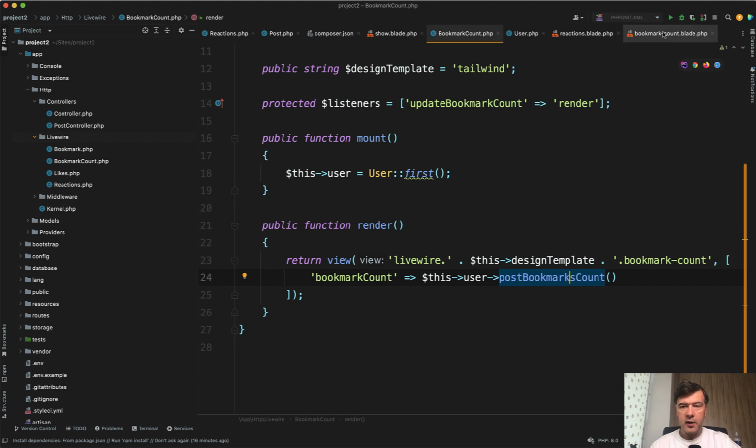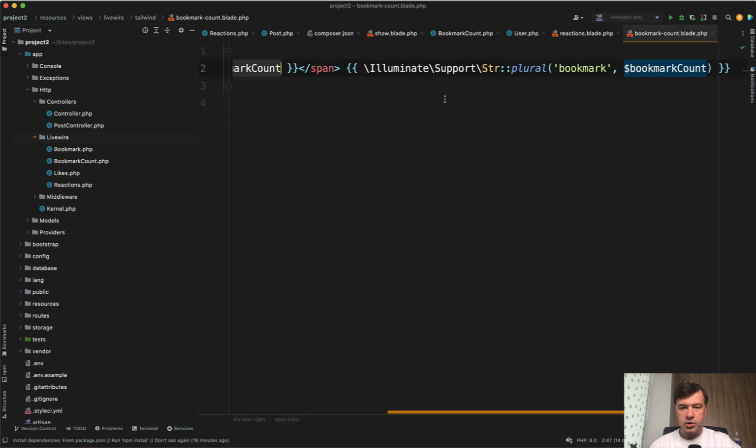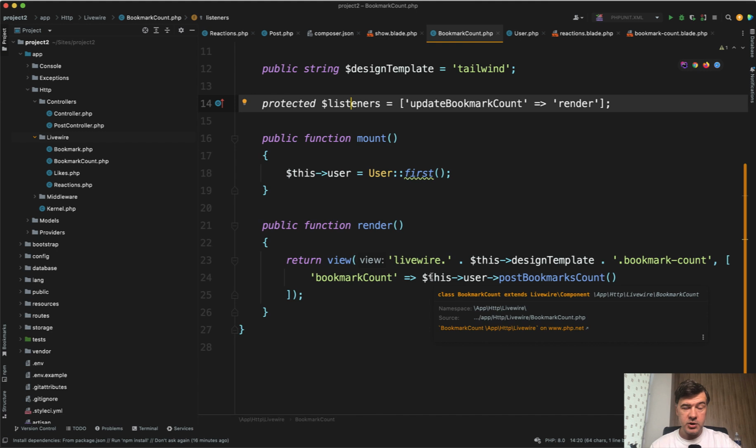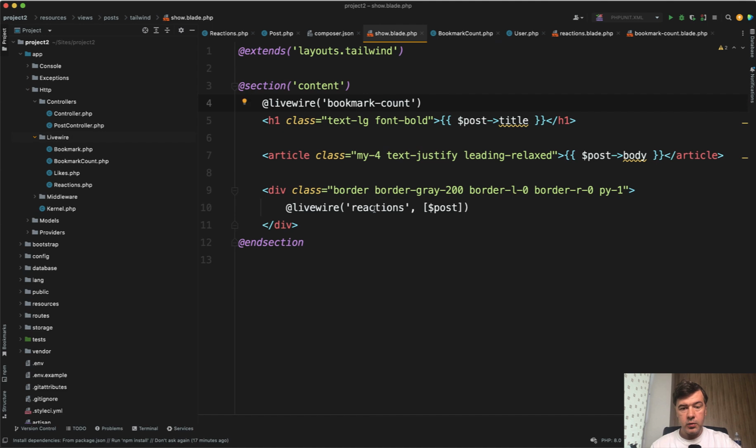And then in the blade file of that bookmark count component, we just show that number and also show the word bookmark or bookmarks with plural depending on that number from the Laravel Str class. And then important, that bookmark count has an event listener. So it will re-render the component, basically refreshing the number, if update bookmark count is called from anywhere on the page, from another Livewire component,